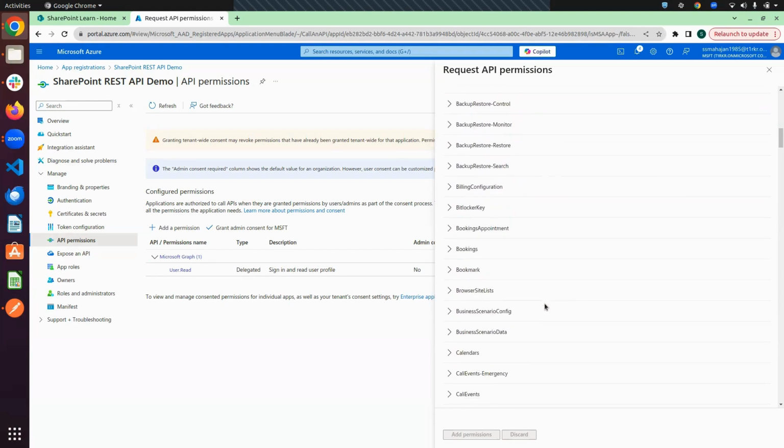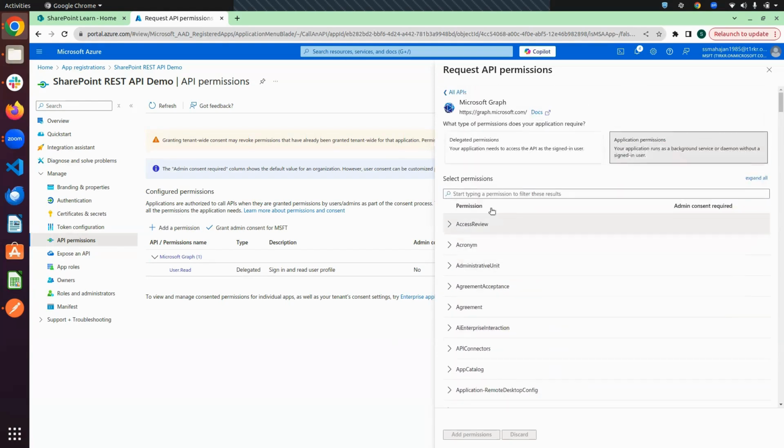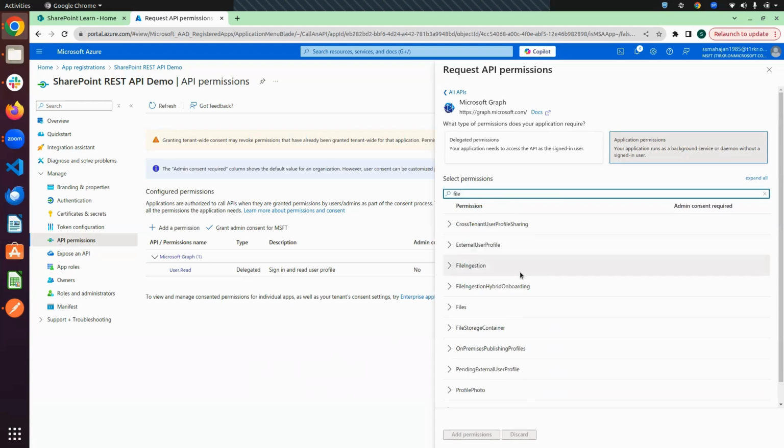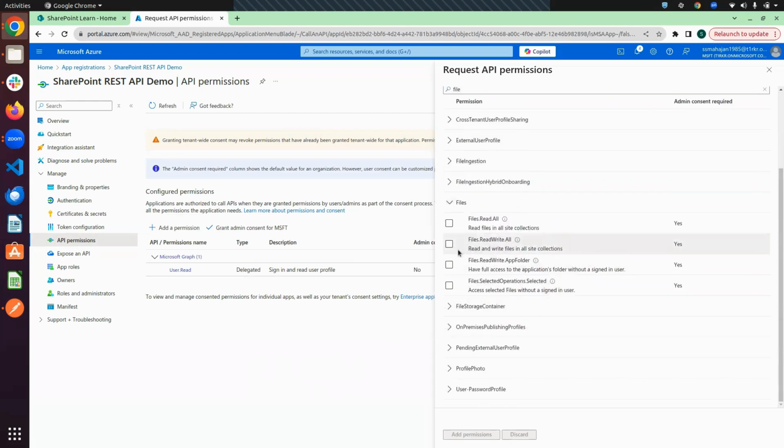All types of permissions are available. So search for your file, click on it, and give which type of permission you need. Friends, we need file read write permissions.